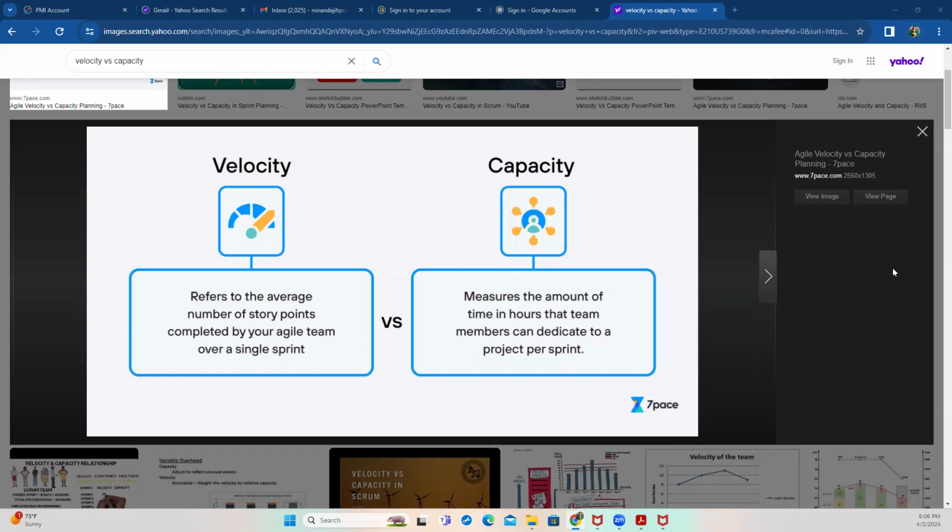This example is a little bit technical, but if you were looking at it in a mere way to understand it, who is available to do what for capacity? What is our capacity? We are 10 of us. Now we have to divide that. Let's say we story pointed everything, like we did our estimation, and the estimation should be, let's say 20. We have story points 20. Now we have to divide that 20 by 10. Meaning that every person should be able to commit to 2 at least. Let me put it like that.